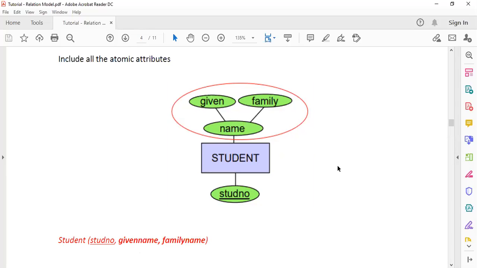So one student is asking about derived attribute, right? So let me